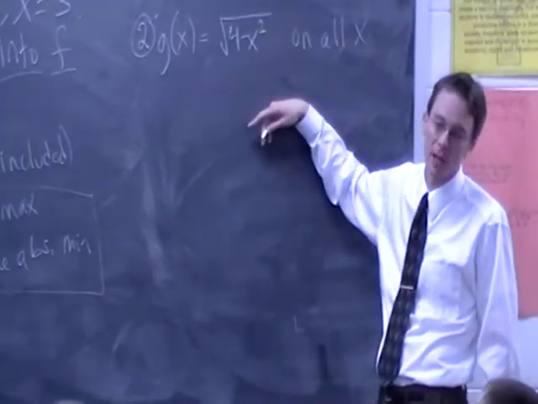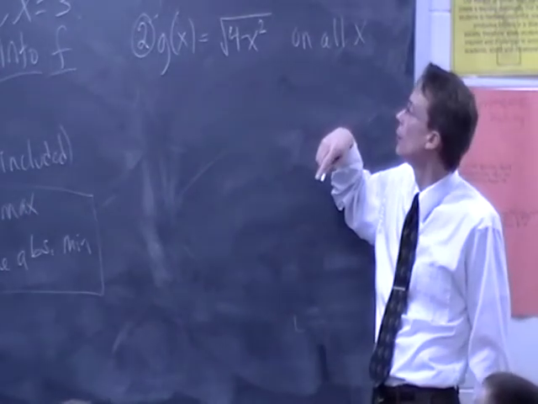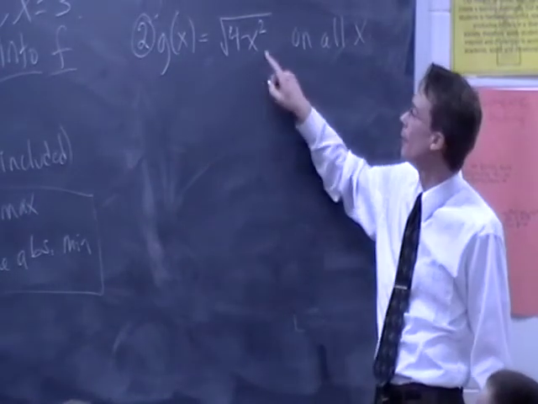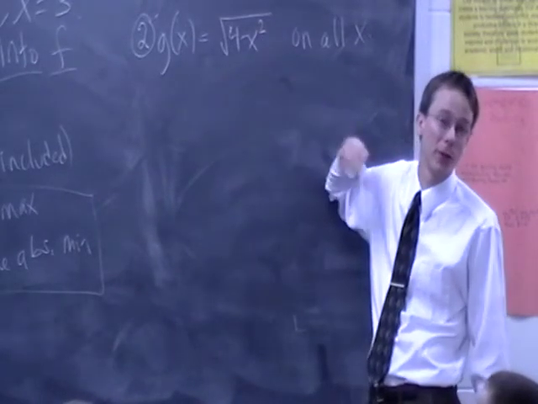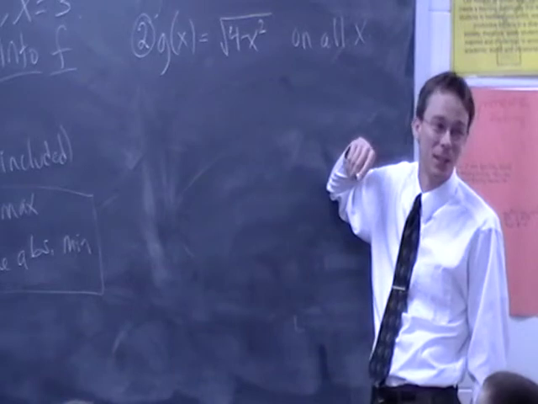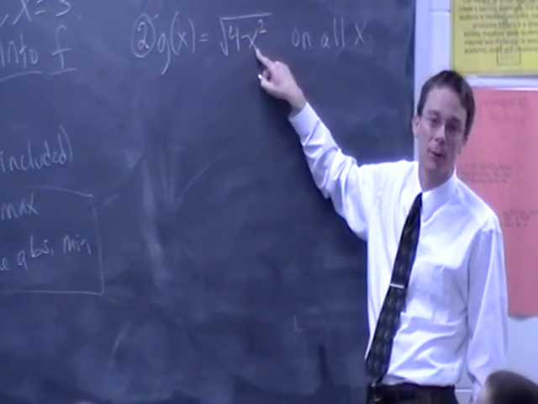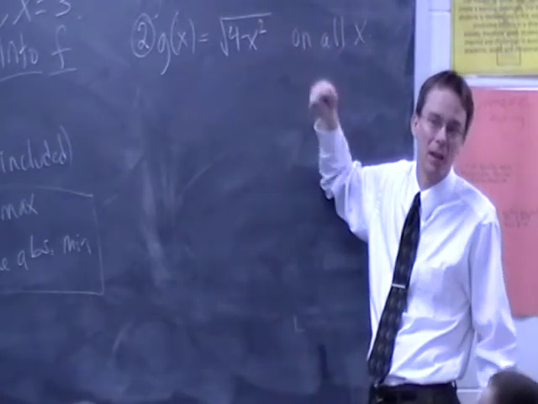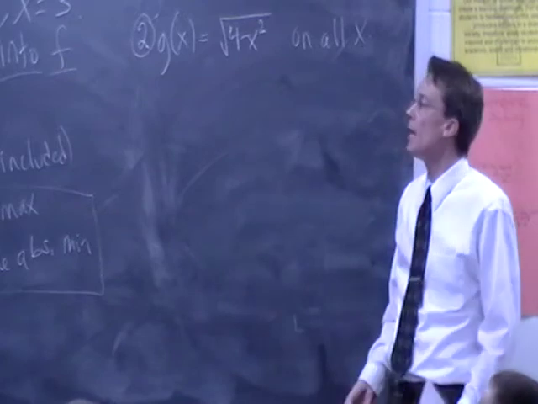Can you give me an example of an x value you could plug in here that wouldn't give you a y value? 2 would be right on the cusp. If you plugged in 2, you'd get 2 squared is 4, 4 minus 4 is 0. Square root of 0 exists, but just barely. So plug in 3. 4 minus 9 would give you negative 5. Square root of that ain't happening with the real numbers. Imaginary. So your domain